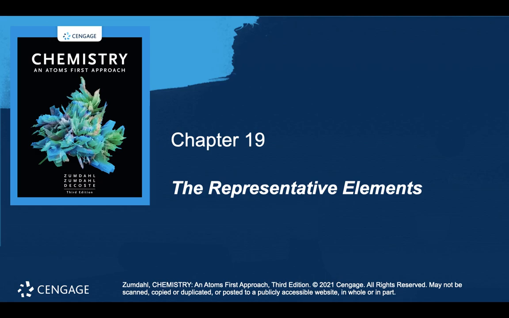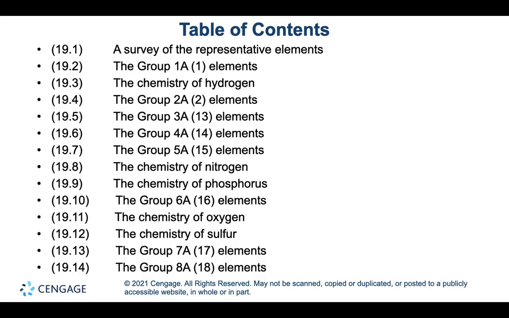We will be skipping over, in this chapter, the transition metals and the inner transition metals, which are the two rows at the very bottom of the table, and then the transition metals being that middle d block of the table. But we'll be focusing on the s and p block because, frankly, most of the interesting chemistry and most of what we talk about in this course does come from the first two columns and the last six columns, the representative elements. So our survey of the representative elements is going to include all 8 sections, 1A through 8A, and